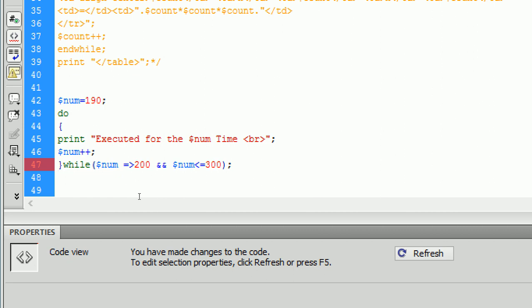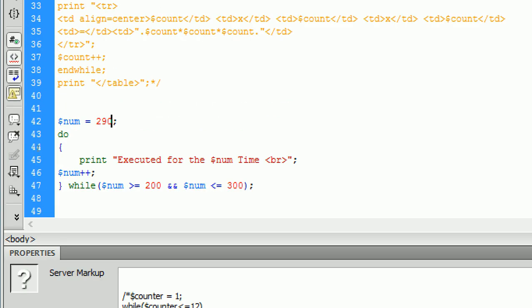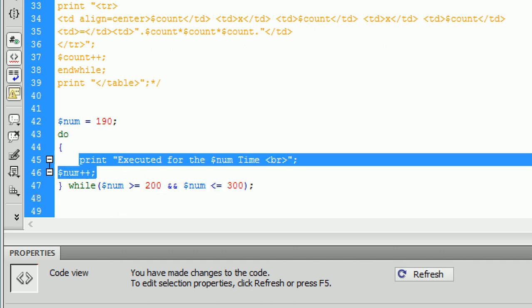So this is the condition part. Now inside that, I'm going to write some statement to execute. Print that execute it for